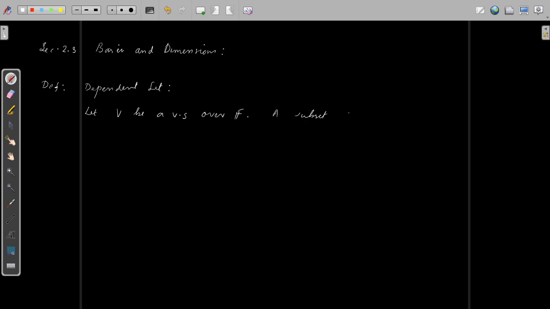A subset S of V is said to be linearly dependent, or simply we can say this is a dependent set, if there exists